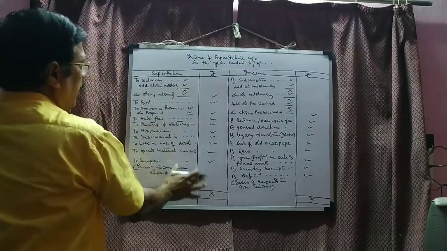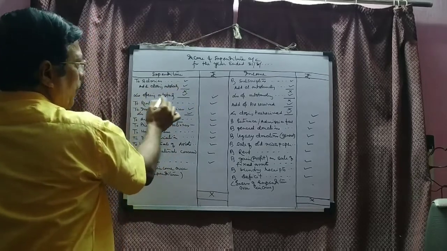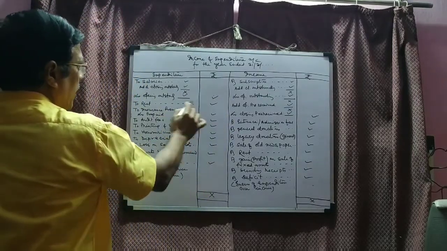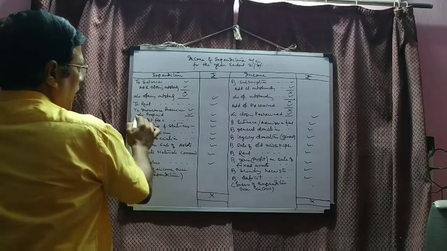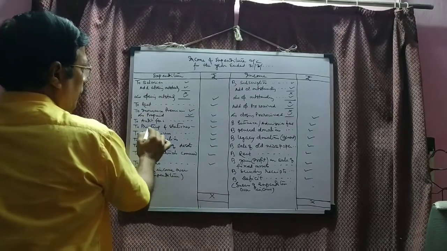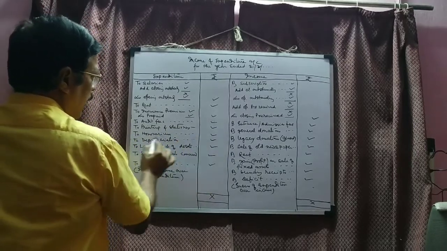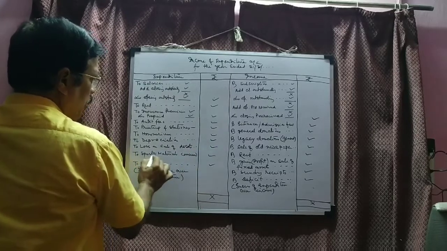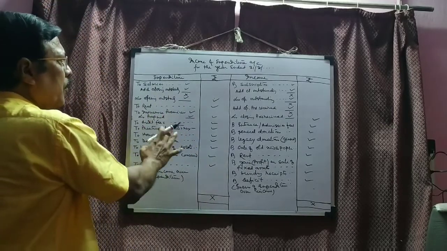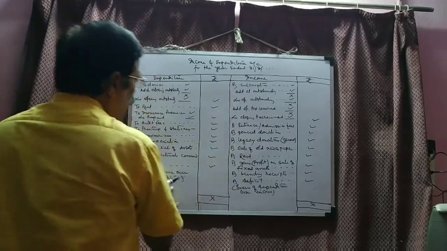Now, expenditure side: to salaries at closing outstanding, less opening outstanding, then net amount will be recorded in other column; to rent, to insurance premium, less prepaid; to audit fees, to printing and stationery, to honorarium, to depreciation, to loss on sale of asset, to sports material consumed, and any other item, if it is a revenue nature or revenue expenditure, it will be recorded. Okay. This is the format.